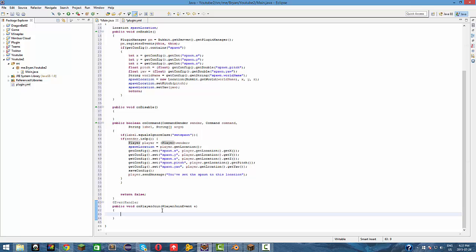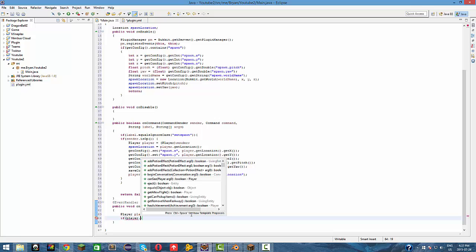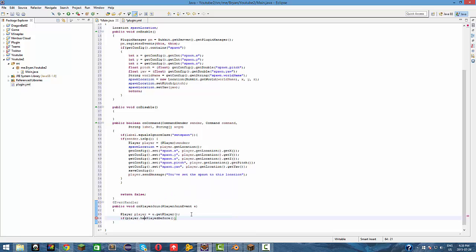So on the player join event, we're going to do player is equal to e.getPlayer, and no, because this isn't a def. So e.getPlayer, and we're going to do if the player dot. I'm just going to see what I can do here. Oh, here we go. If the player has played before. So if the player has not played before,